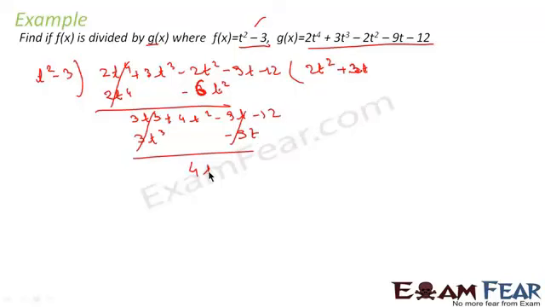So what I get is 4t square minus 12. So t square into 4 is equal to 4t square. So I'll multiply with 4. So I get 4t square minus 3 into 4. This gets cancelled. Since the remainder is 0, I can say that t square minus 3 divides g(x), that is, g(x) is divisible by f(x). Correct? Because the remainder is 0, we can say that f(x) divides g(x), or g(x) is divisible by f(x). Very simple here also. We have just used the Euclid formula to divide it.